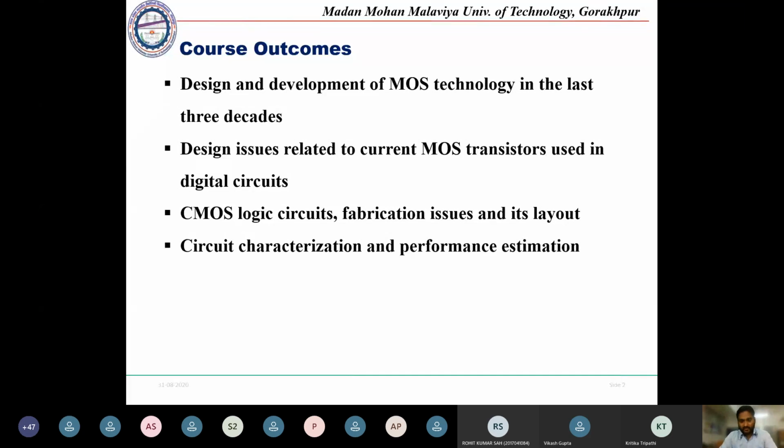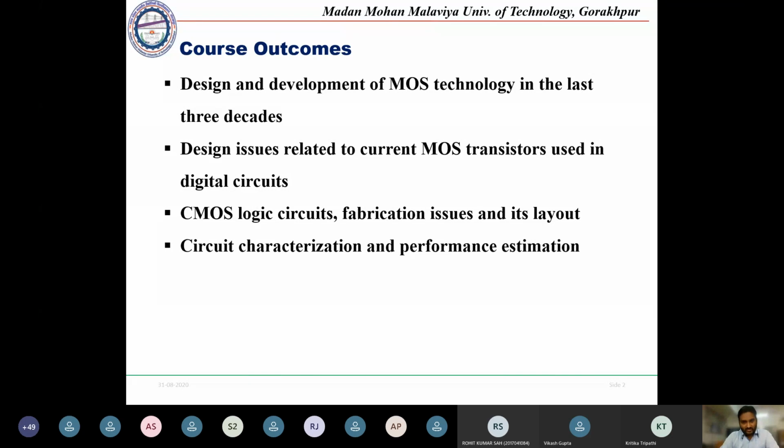10 to 15 micrometer CMOS technology to 1 micrometer, or even further smaller sizes, that is 5 nanometer. So today, most of the transistors are being manufactured on 5 to 10 or 15 nanometer technology. So what are the different challenges the researchers have faced moving from 10 micrometer to 10 nanometer? So that we will be studying.